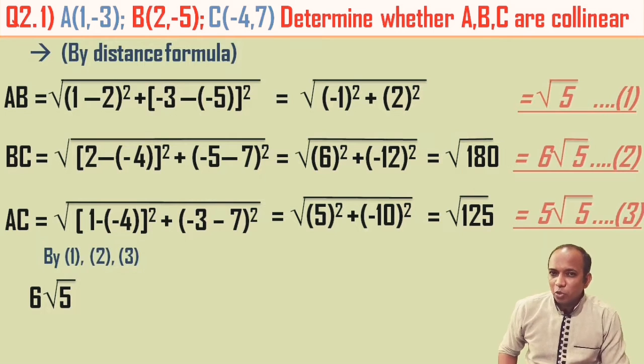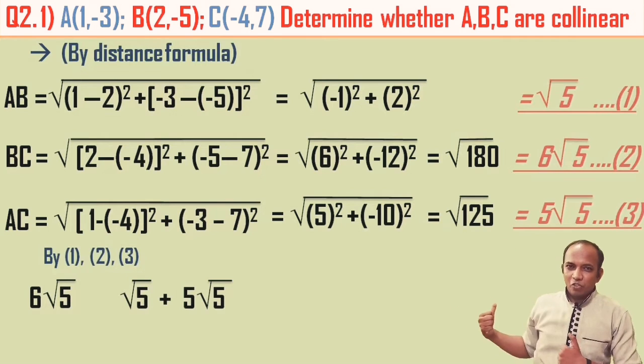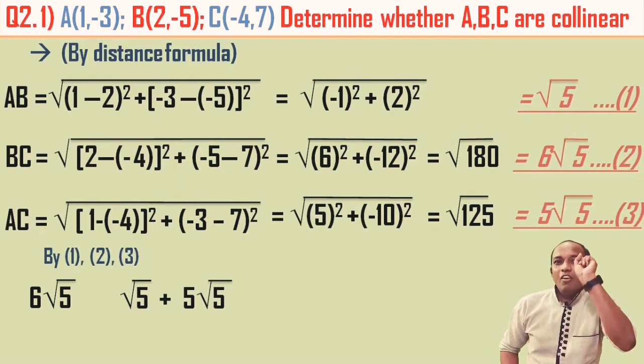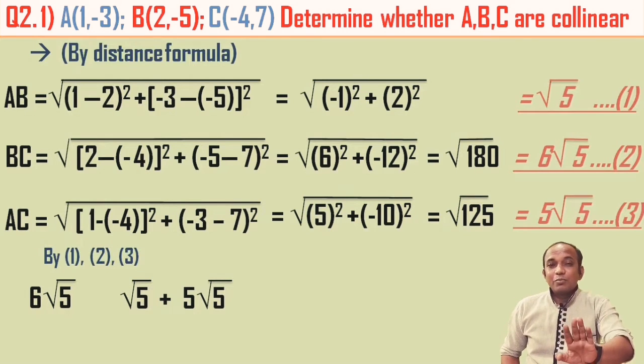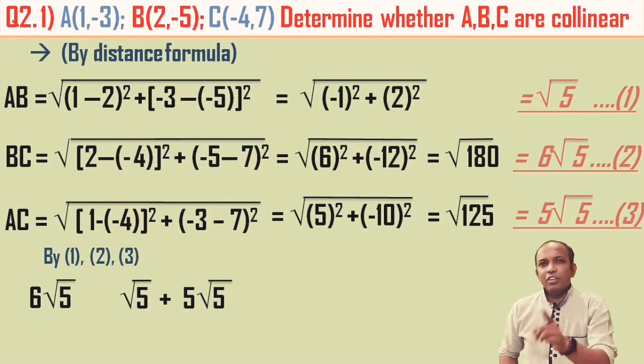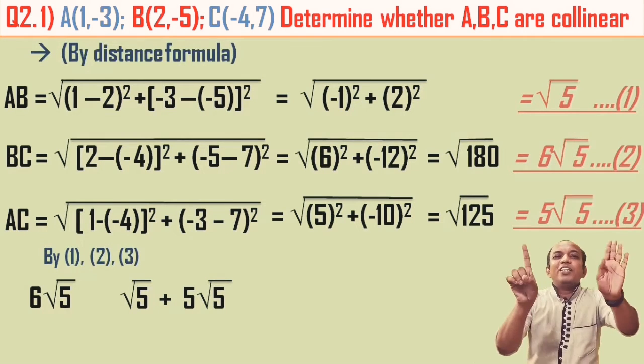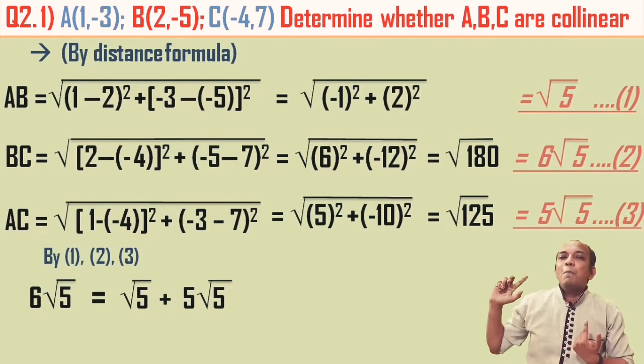After that, the remaining 2 are, which are those? Root 5 and 5 root 5. We have to add them. So add them, what do we get as the answer? Yes, 5 root 5 added to root 5. Only root 5 means 1 root 5. So 5 root 5 and 1 root 5 together make 6 root 5, and that is what our bigger side